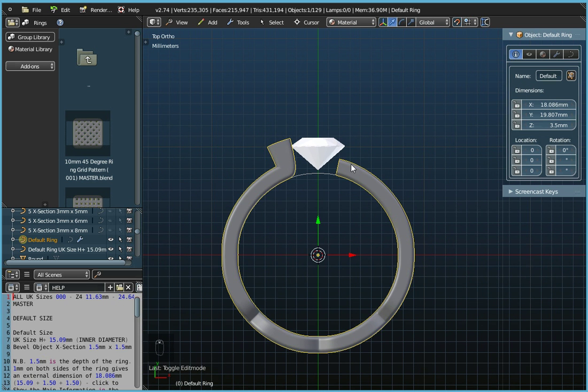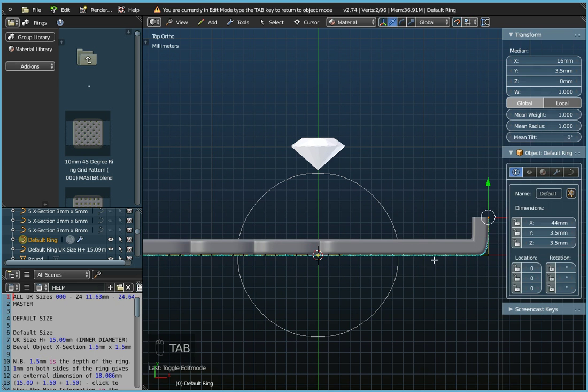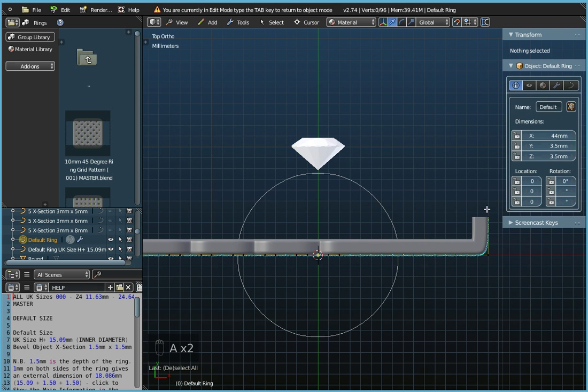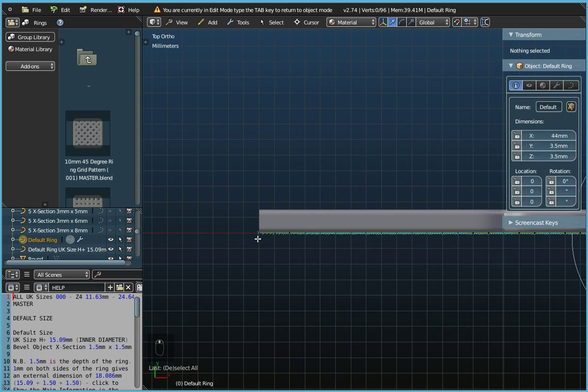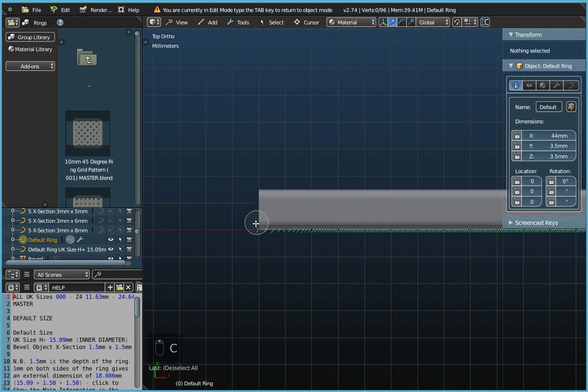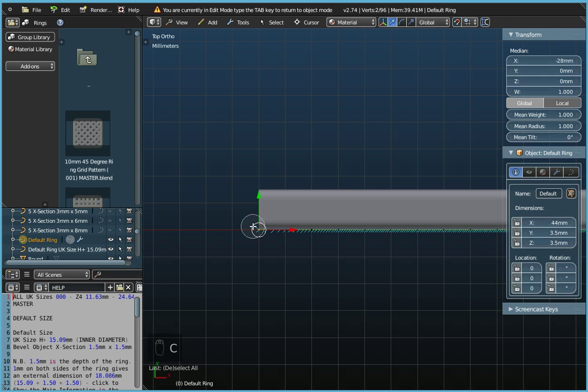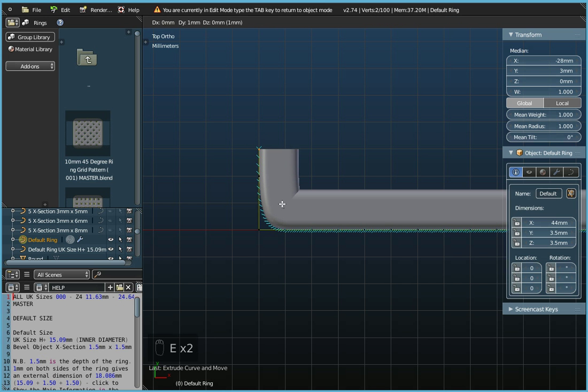Now we need to do the same to the other side, so it's the right hand side here, so it'll be the left hand side in edit mode. First of all, press A to deselect that control point. We don't want to change that anymore. We can zoom in here and do circle select and make sure we've got both the front and the back control points. And we want E to extrude, so we'll go up to there, E to extrude,